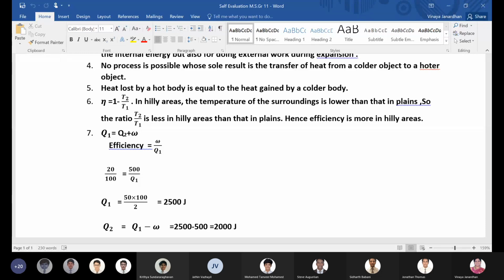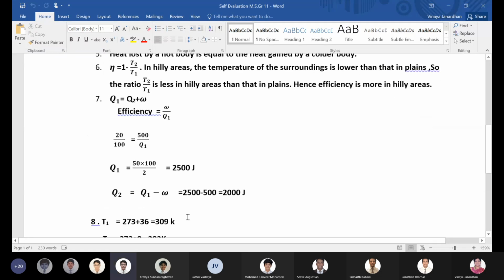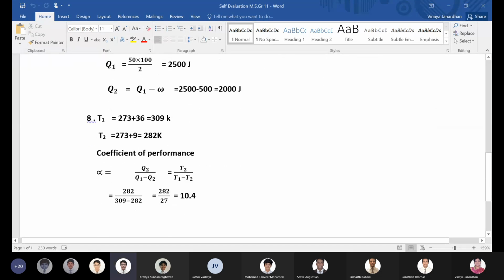Same way, if you want to find specific heat capacity of any material, you can use your calorimeter. It works on this principle: heat lost by a hot body is equal to heat gained by a colder body. And when both attain the same temperature, thermal equilibrium, there will be no transfer of heat energy. So calorimeter is a device which is based on calorimetry, and this device is used to find the specific heat capacity. Ma'am, they asked the definition of calorimetry.